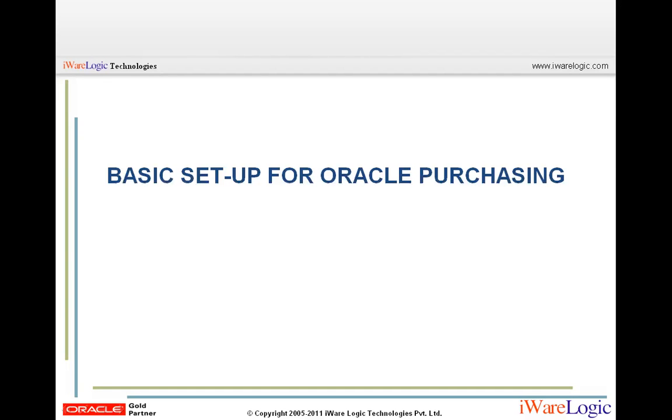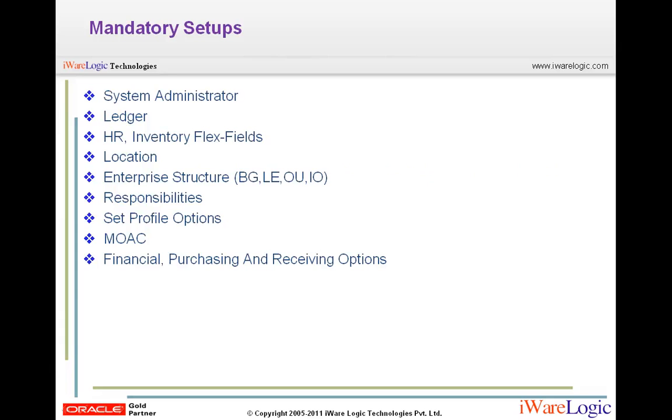So here is the list of mandatory setups that we must have to set. The system administrator, we must have to set up. The general ledger, we must have to set up. Then HR and inventory flex fields we must have to set. The location, that is the physical address, we must have to set. Enterprise structure we must have to define before implementing Oracle Purchasing. Whatever the different responsibilities which